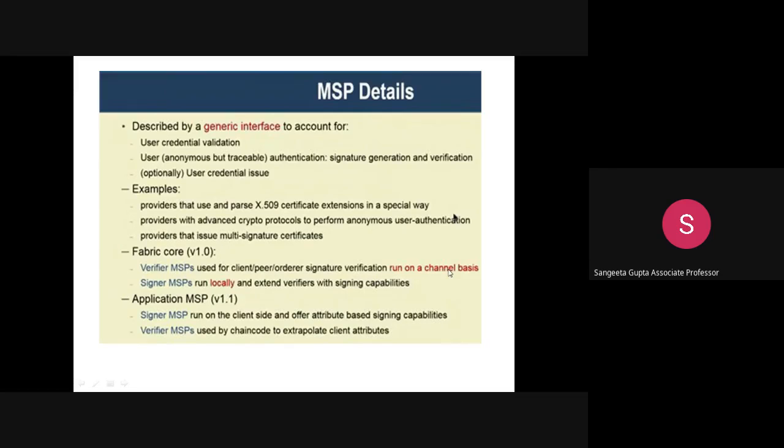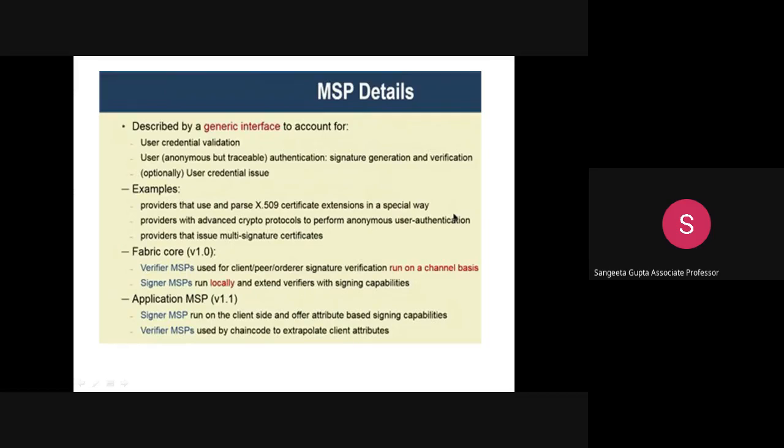Okay, and that is again allotted based on individual channels. Verifier MSPs are used for various entities' signature verification on a per channel basis. Then signature or signer MSPs, what are these? They will run locally and extend verifiers with signing capabilities. Once the signature has been verified, then the corresponding entity can perform its function by trying to process that particular